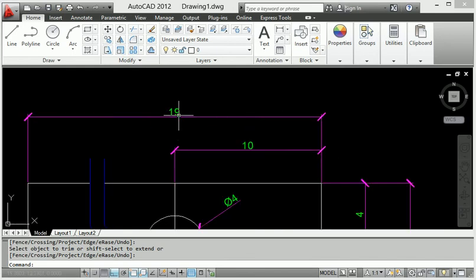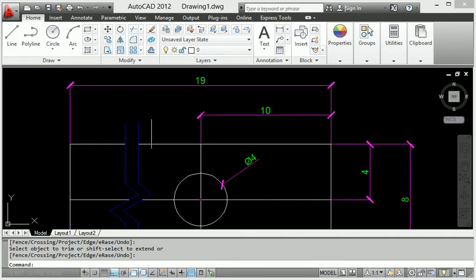Then I will give this dimension 150 mm, because this is 90. So how is it possible to get 150 mm without edit?